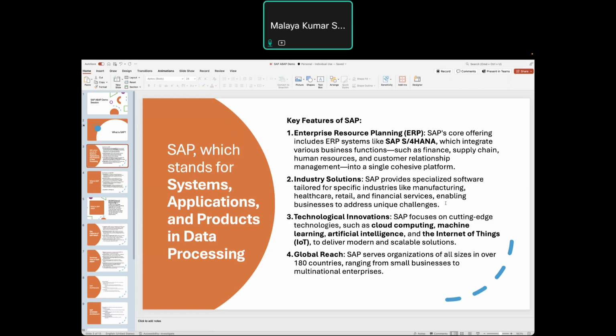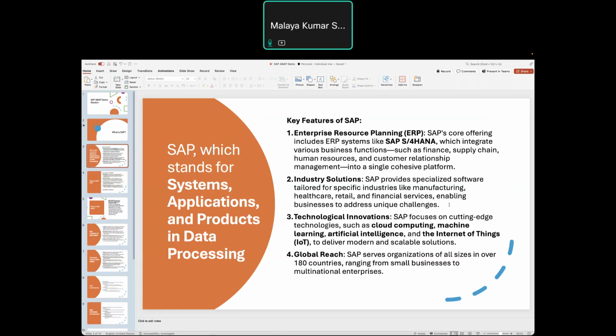There will be a process, right? In the process of sales and distribution, first the customer goes for the inquiry, quotation, then the sales order, then your billing. SAP helps the organization make that process simple and profitable. Based on that, SAP helps industries find solutions if they are facing any challenges in that process.